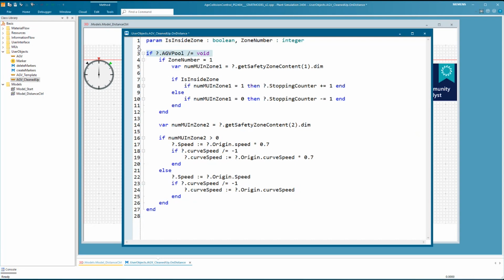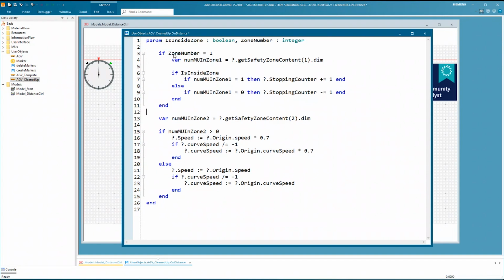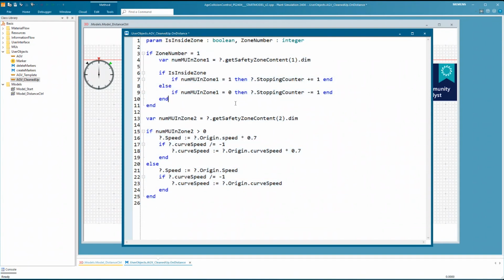Similarly, this first if condition that we have in the method checks whether we are a free-moving AGV or not. For free-moving AGVs, the AGV pool attribute is set. If you are track-bound, then this one is not set. Because we are only using free-moving AGVs in this model, we can also remove this condition here and have our method a little more compact already now.